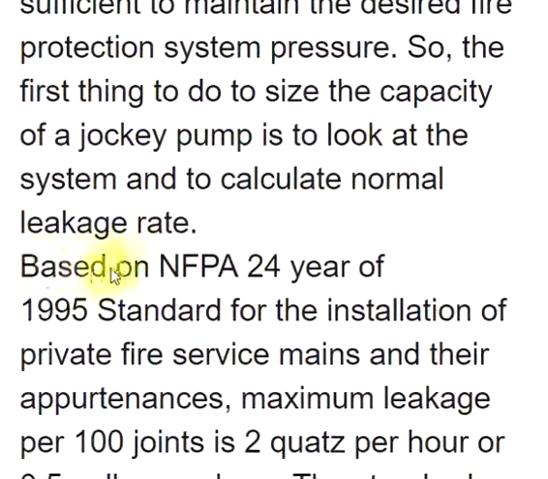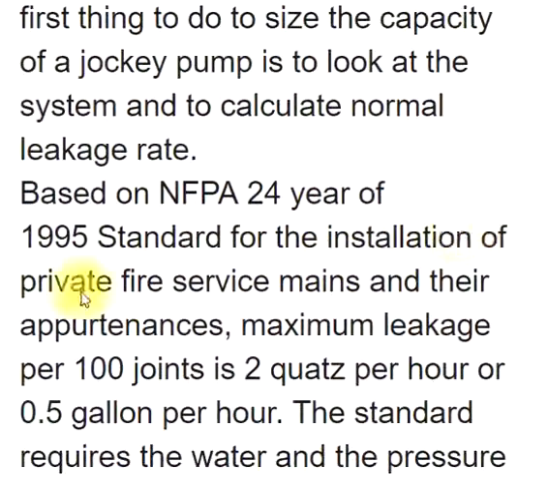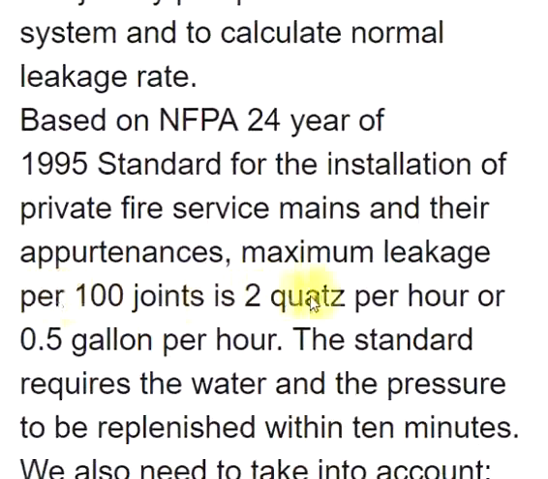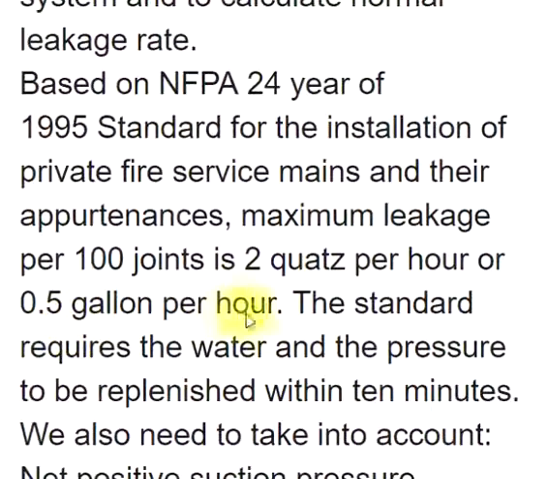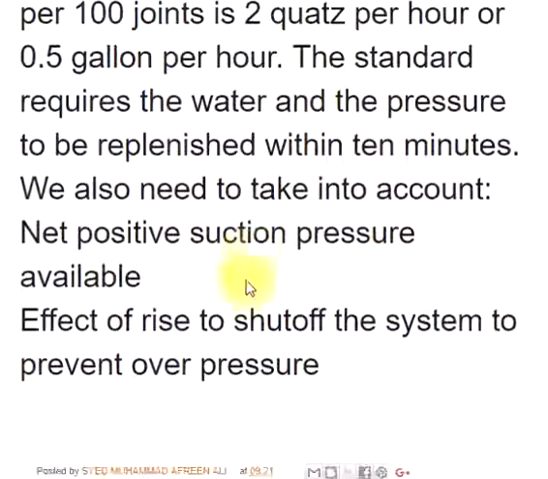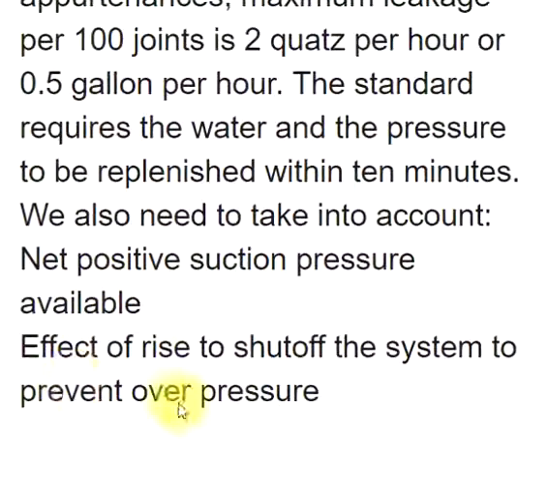Based on NFPA 24, year of 1995, Standard for the Installation of Private Fire Service Mains and Their Appurtenances, maximum leakage per 100 joints is 2 quarts per hour or 0.5 gallon per hour. The standard requires the water and the pressure to be replenished within 10 minutes. We also need to take into account net positive suction pressure available, effect of rise to shut off the system to prevent overpressure,